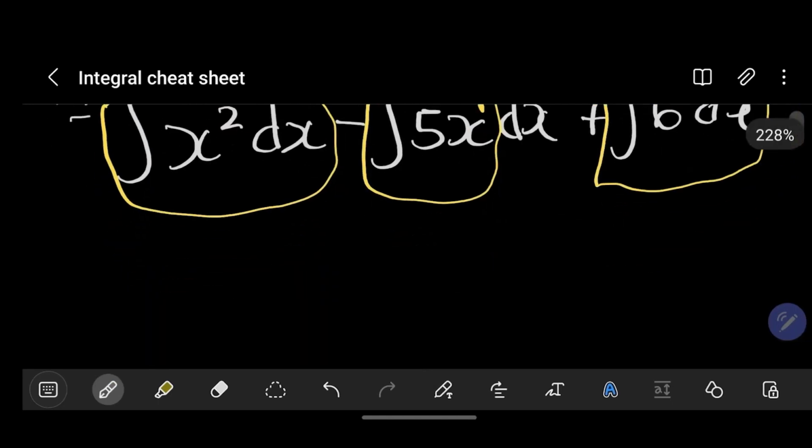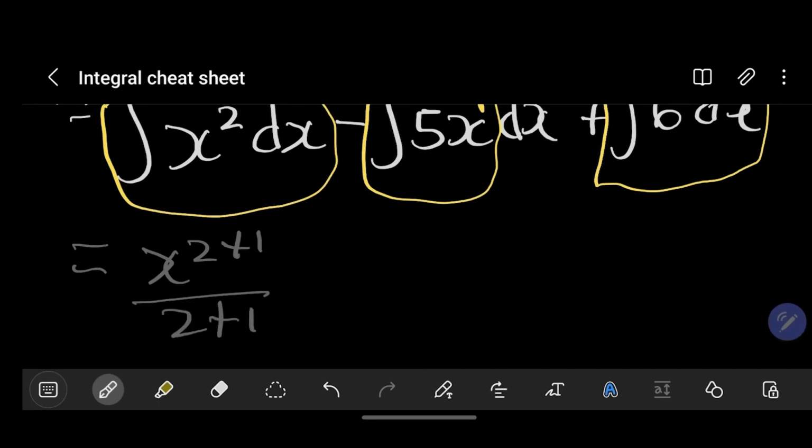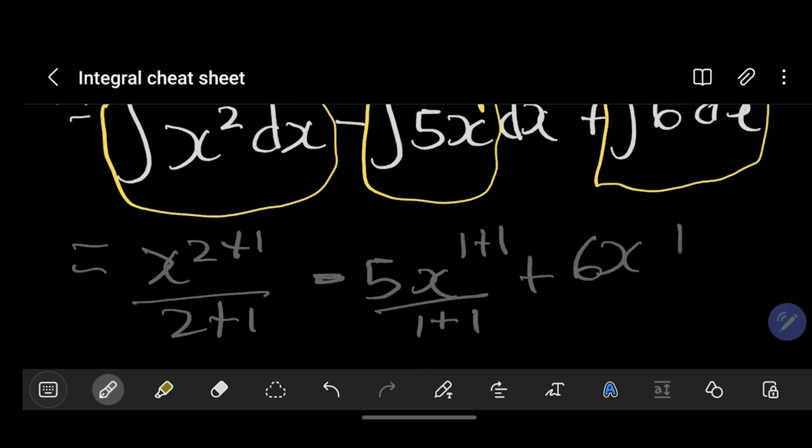So this will be equal to x, the n is 2, so it's 2 plus 1, all divided by 2 plus 1, minus, we know the n is 1, however we pull out the 5, so we have 5x to the 1 plus 1, all divided by 1 plus 1, plus the constant rule for the 6, so that's just 6x, and don't forget the c,